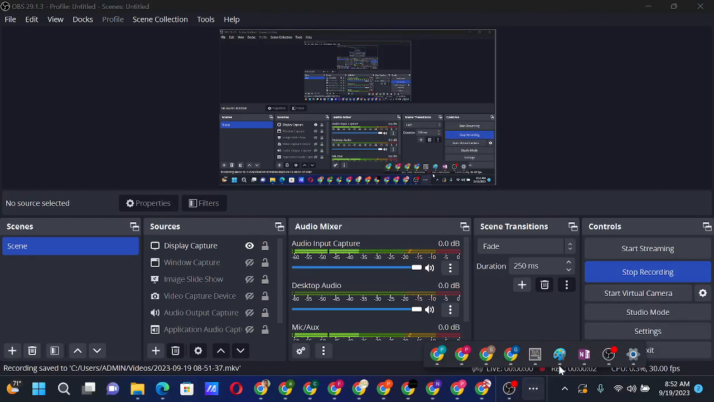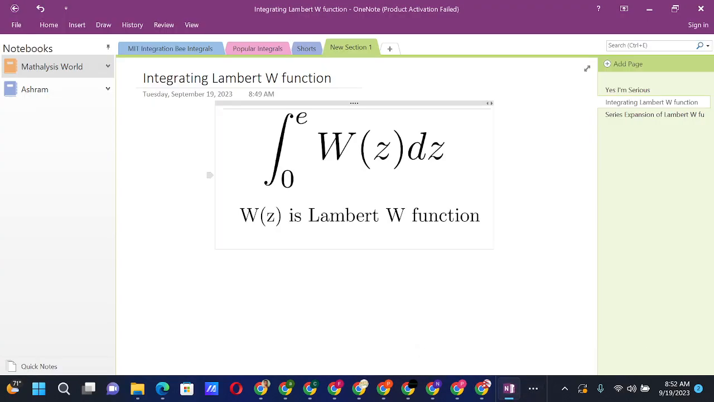In this video, we are going to integrate the Lambert W function. We have this integral from 0 to e of Lambert W of x dx, where Lambert W is the Lambert W function. So, to integrate this, we are going to use the property that if f of x is